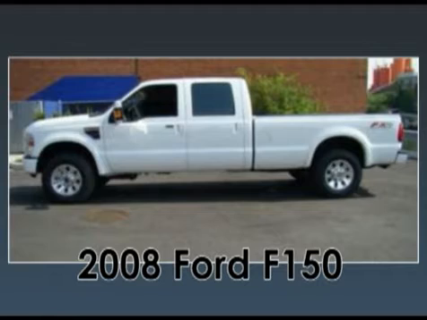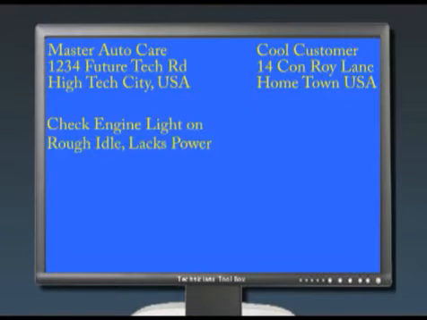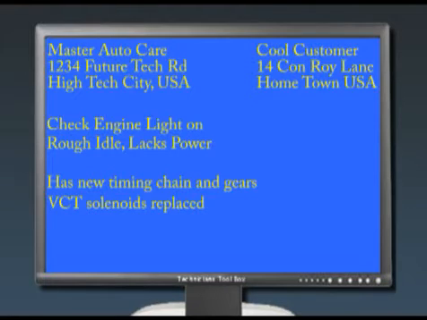Today's case study is on a 2008 F150 pickup truck with a 5.4-liter engine. The truck was driven into the shop by the customer, and he's complaining of a check engine light on, and the engine idles rough and lacks power. He also informs us that it's had new timing chains and gears, and that the VCT solenoid has been replaced. He also informs us that the truck ran fine after these repairs were made, and all of a sudden